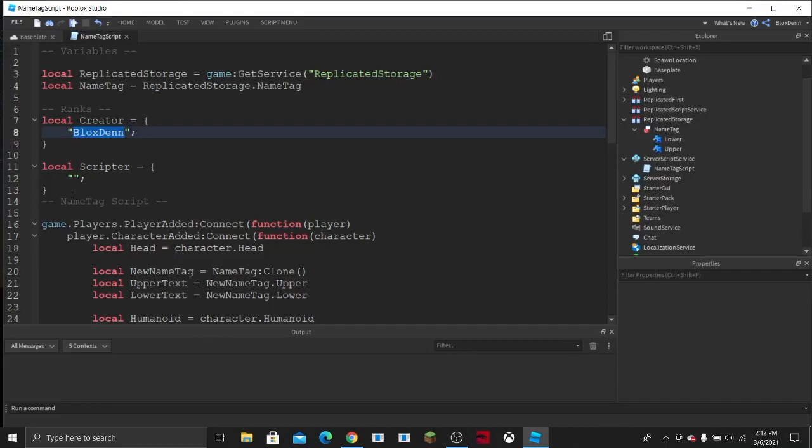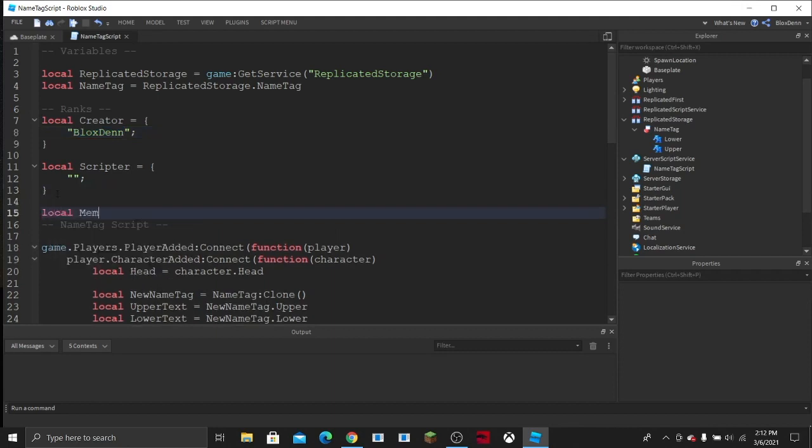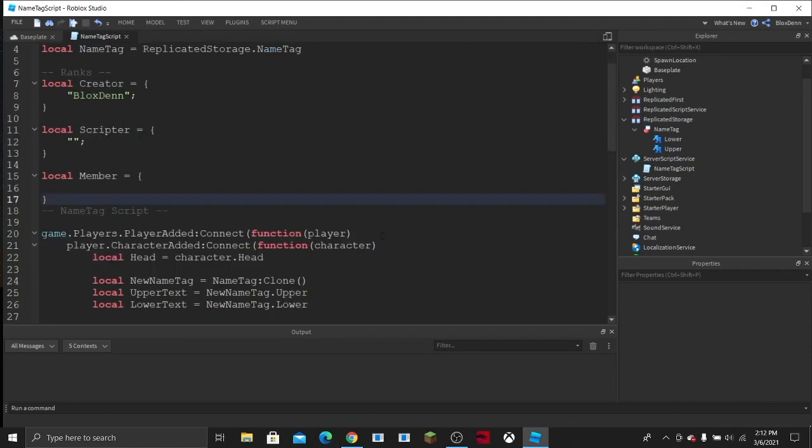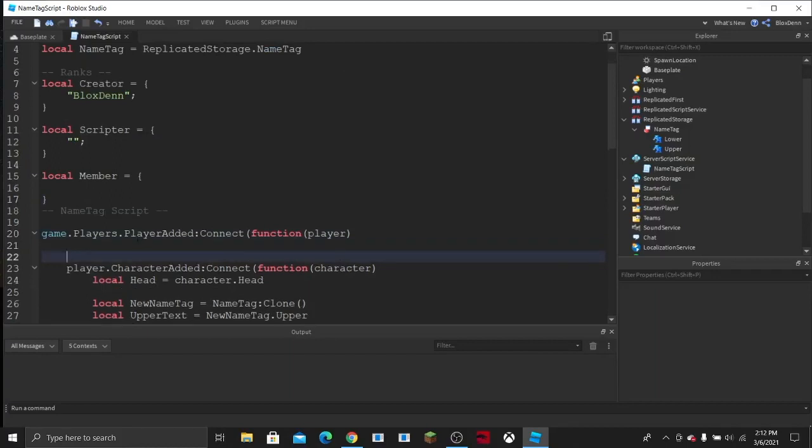So to do this, what we're going to do is create another rank. So local member equals a table. You should master this by now. And we're actually not going to have any usernames in here, because we'll have to put every user in the group manually, but we're going to have it do it automatically. So what we're going to do is down here in this player added function, we're going to say if player is in group. So it's detecting if a player is in a group, and in these parentheses we're going to